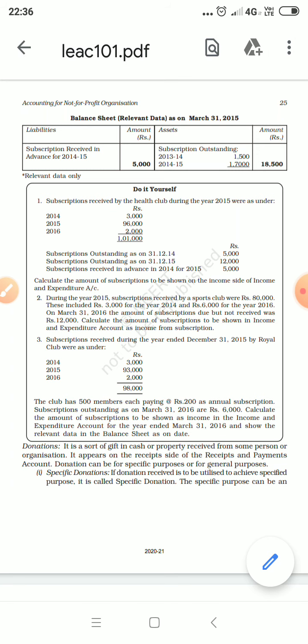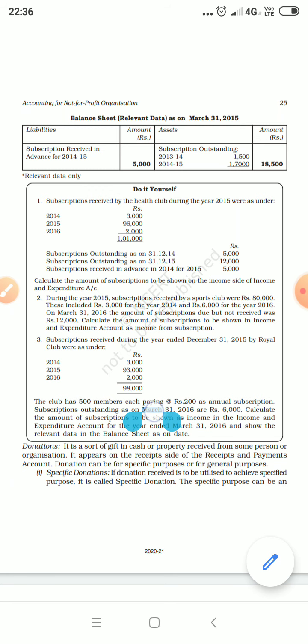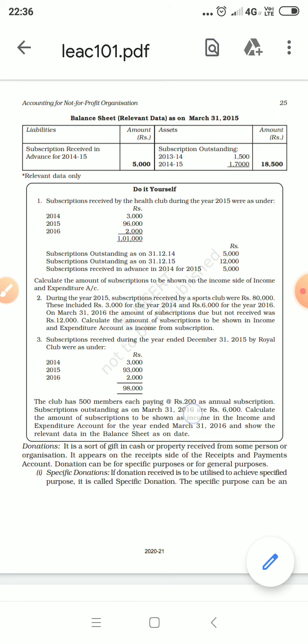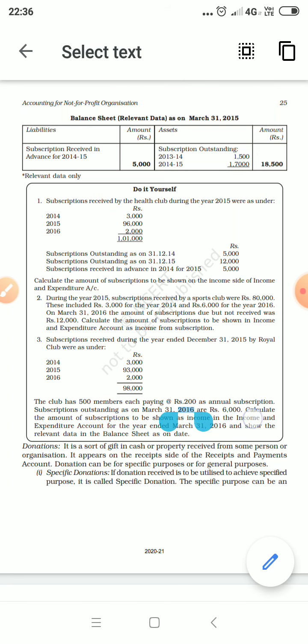So, now you may say, Madam, you told current year's outstanding is 7,000, but they are mentioning current year's outstanding is 6,000. See children, you have to change this to 2015. Change this also to 2015. Okay. So if you have 6,000 here, it means we have to assume that 1,000 is received in advance for previous year. Previous year we received 1,000 in advance. It belongs to current year.